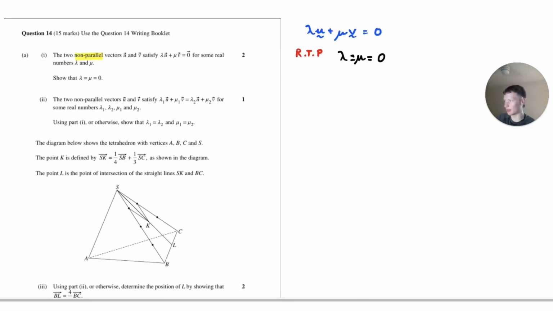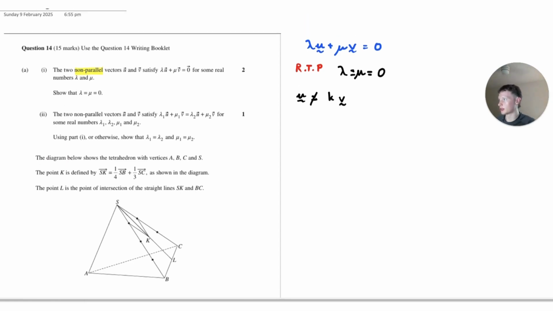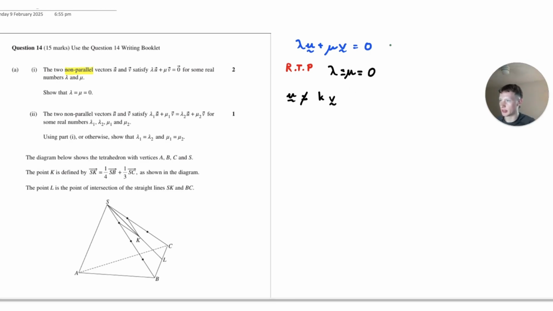Importantly, when we consider the fact that they're non-parallel, what this means is that you can't get u from any kind of scalar multiple times v. That's kind of what the non-parallel component means there. So we can't have that be the case. But if we come back to this equation here, our one in blue, for this to be true, what this would have to mean is that